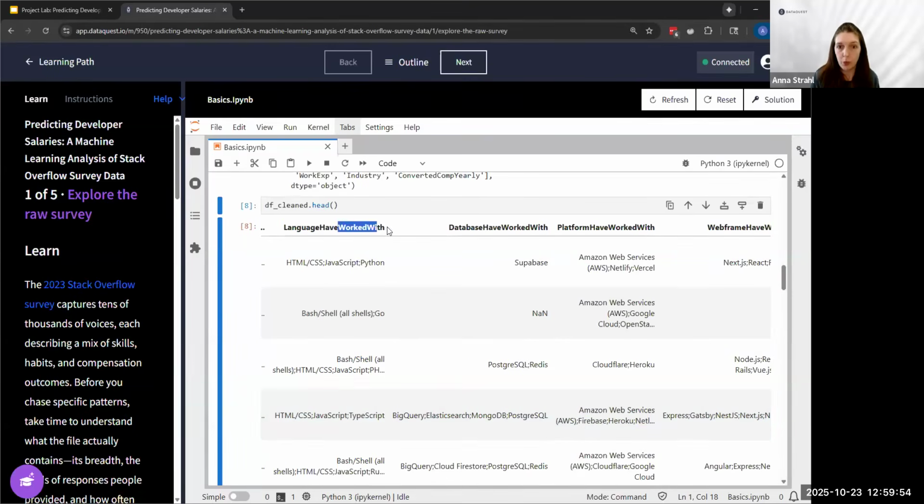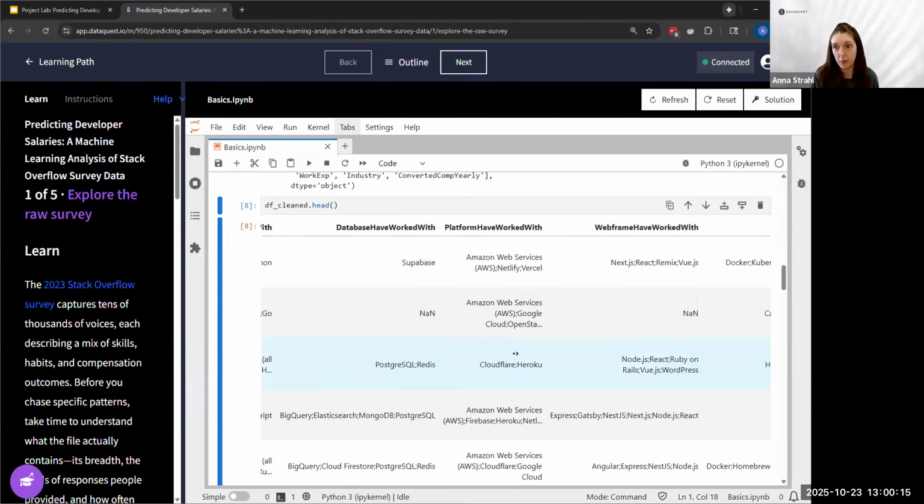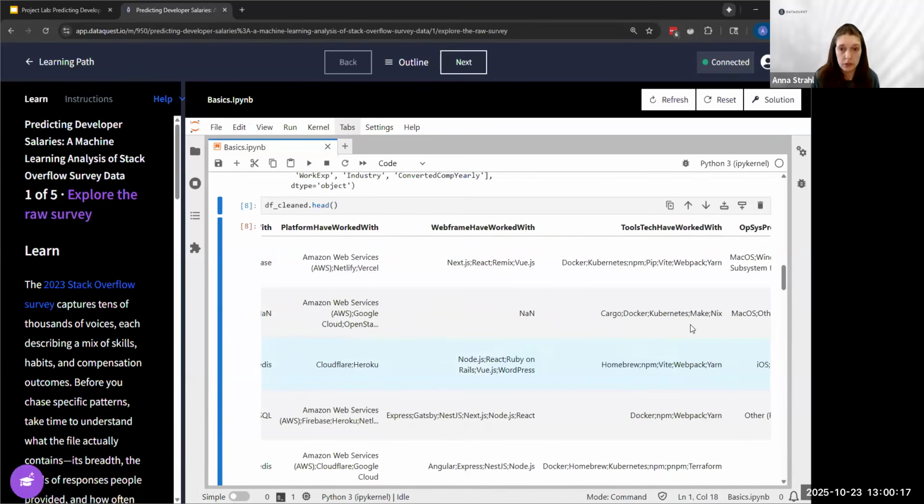It's the have worked with columns. So we can see here language have worked with. This first person says HTML, CSS, JavaScript, and Python. This next person says Bash and Go. And these are all semicolon separated. And that is the same for language, database, platform, web frame, and tools.